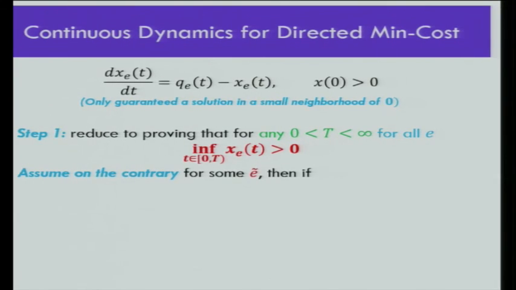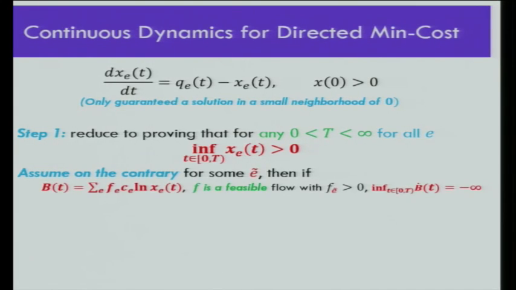So let's assume on the contrary. Let me give you a sketch of the proof as to how one would prove that. It's again a very sketchy argument, but it gives you a feeling. So let's say there is some edge e tilde for which this is really going to 0, for some time. So what this really means analytically is that if I define this barrier function, take any feasible flow and look at this barrier function,